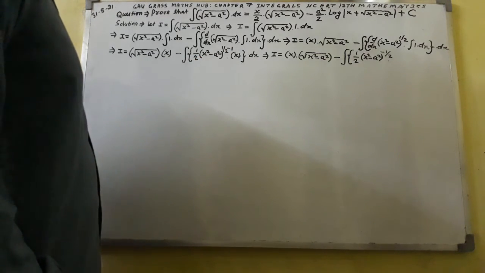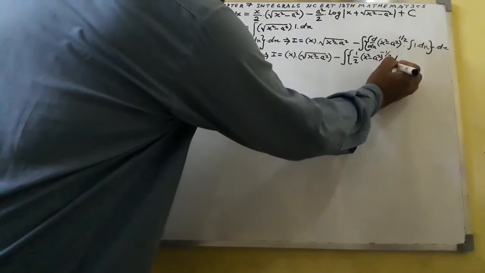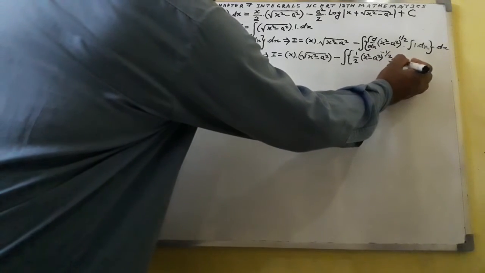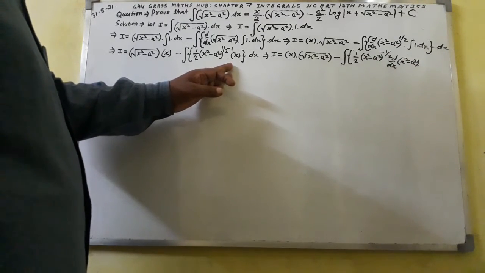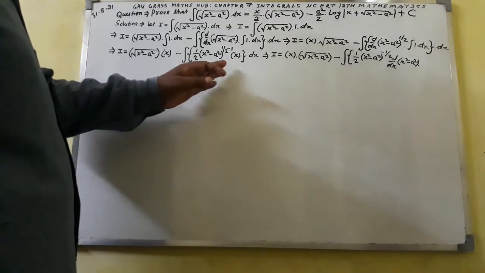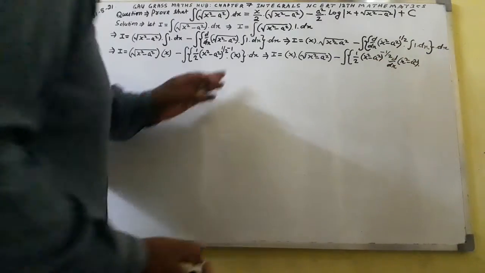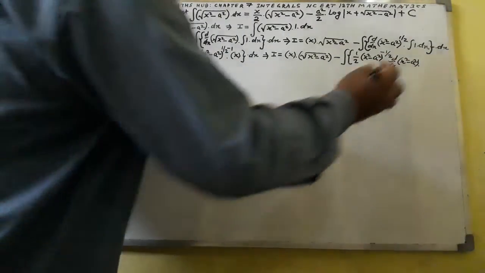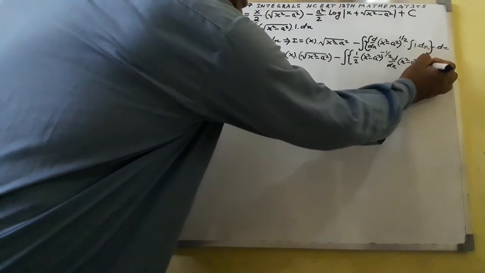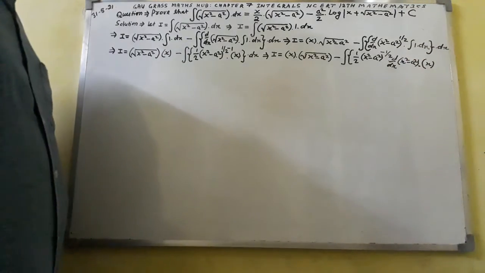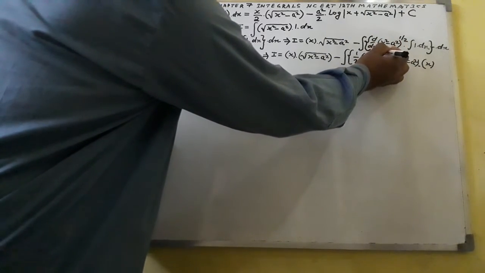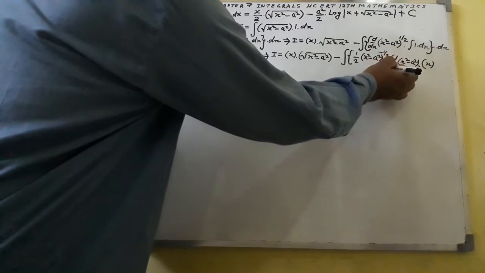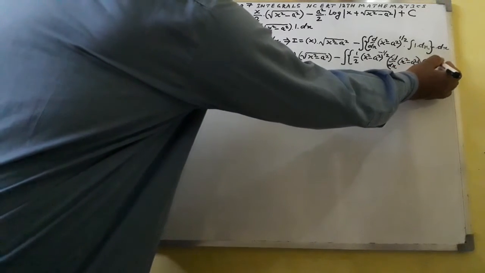Here what will we do? d over dx of (x square minus a square) I shall write, and x is there, so write it here in the bracket, and one thing you can do here is the power minus 1 over 2, which again can be written in the bracket. This I shall write like this.